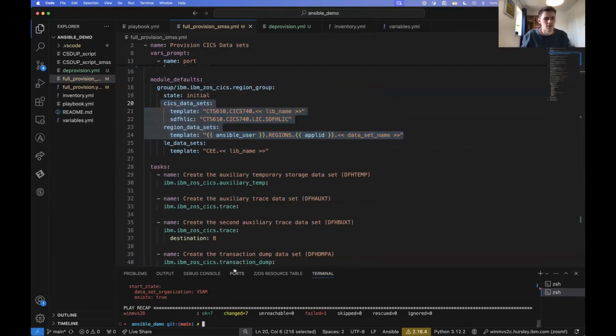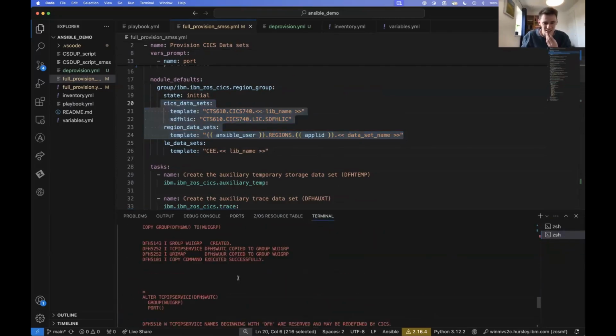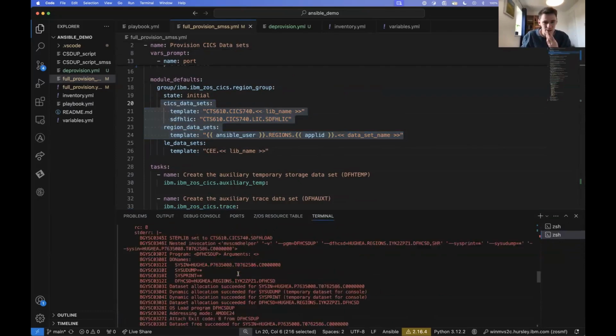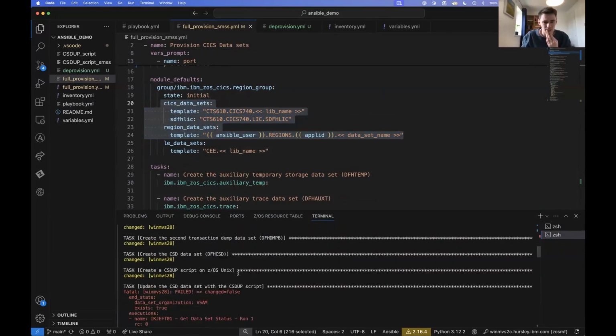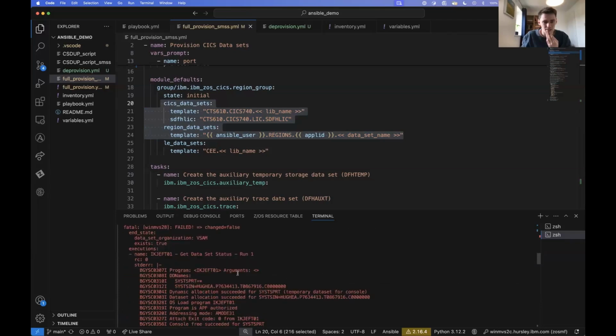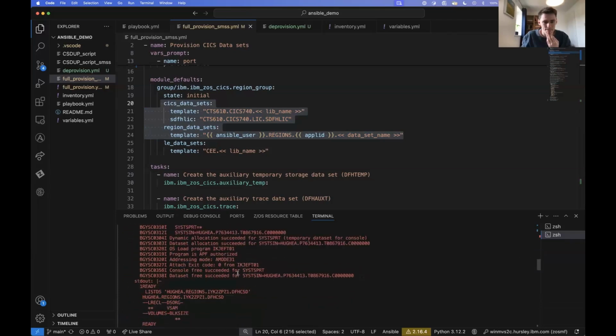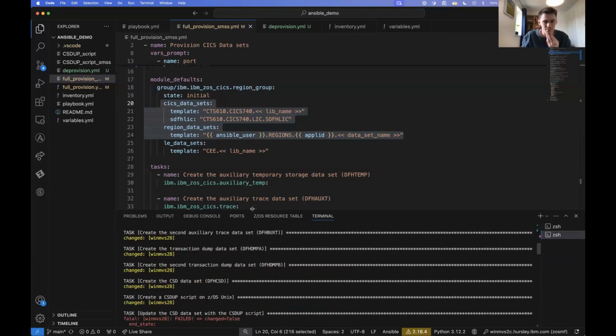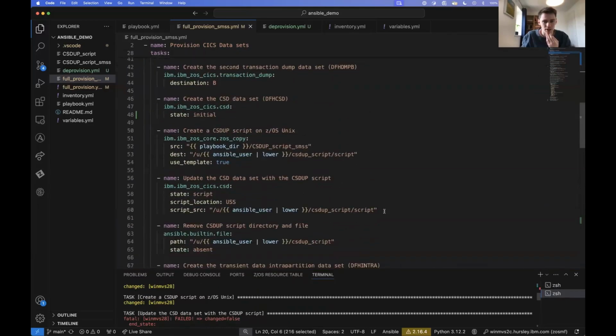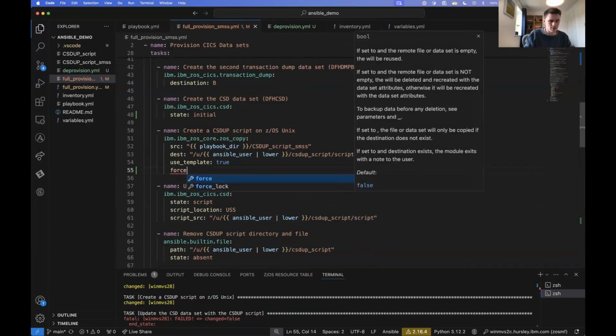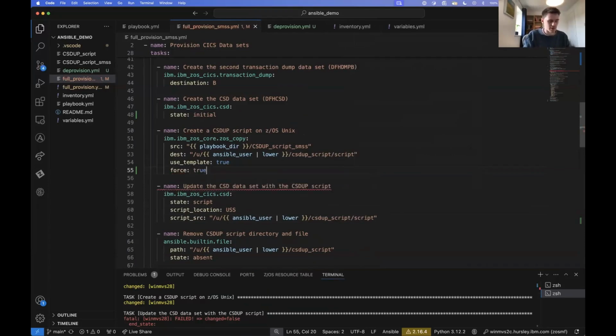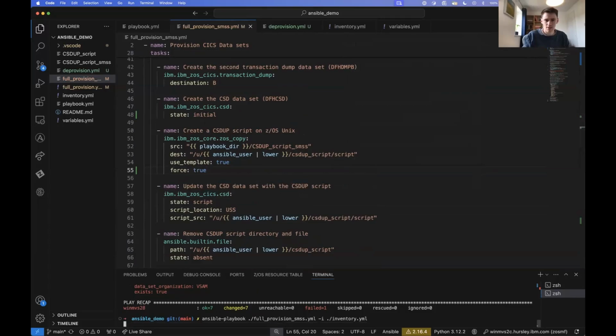Oh, that's not good. All right. Okay. Why has that not worked? Interesting. Right. I'm going to rerun this. Create a CSD scripts. Wouldn't be a real demo if it worked first time, would it? Okay, 2ZP1,